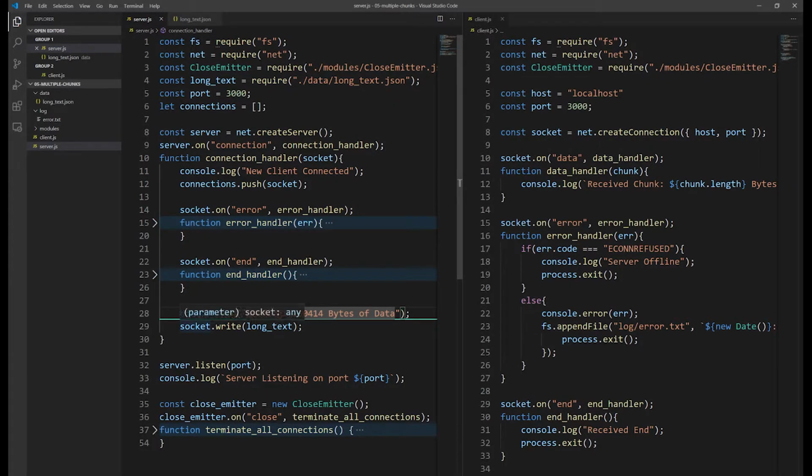So on the writing side, there is not a big difference. We just use socket.write on our variable, and the Node application will take care of any separation of the chunks for us. On the readable side,